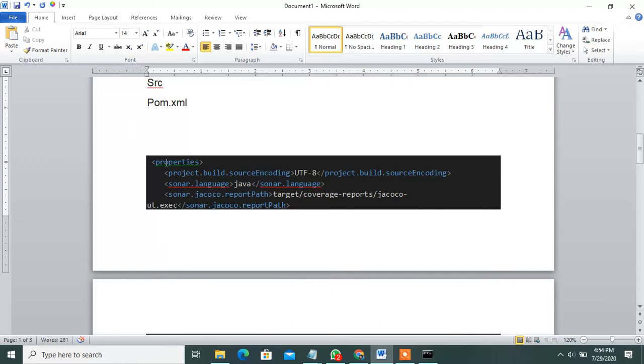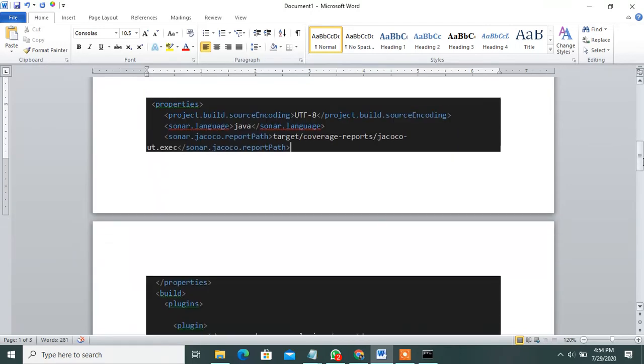Then what is pom.xml. Under pom.xml, the group ID, artifact ID, version and package will be displayed. Once you run it, the dependencies also display here. Under dependencies you can mention the properties.